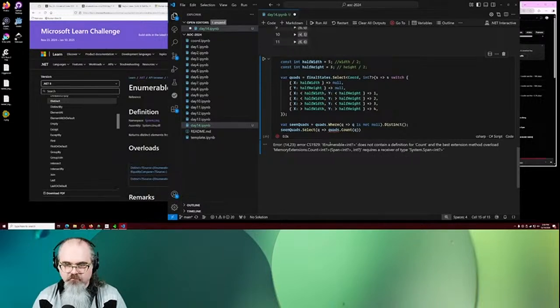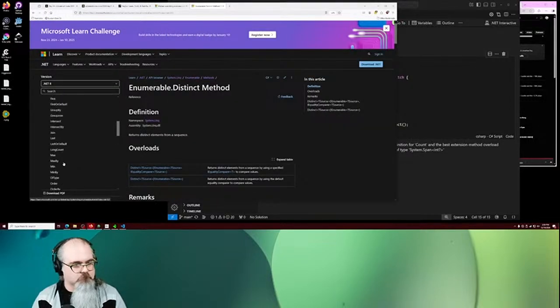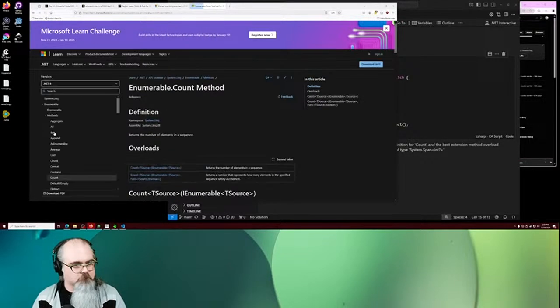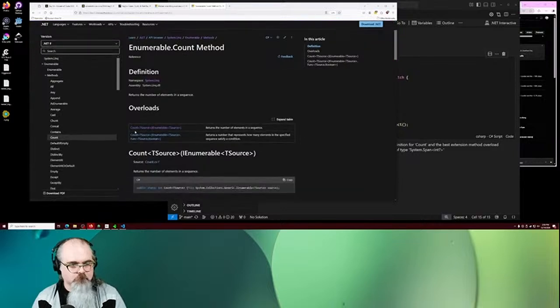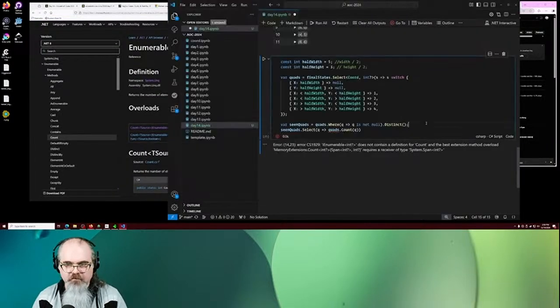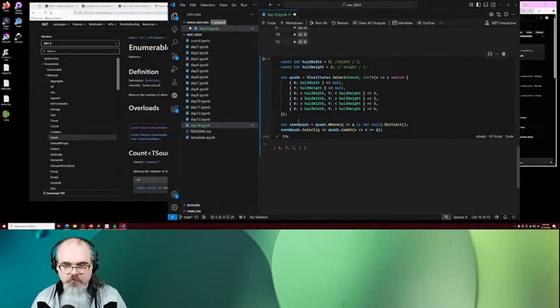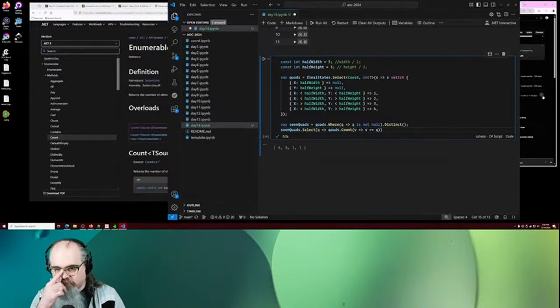Does not contain a definition for count in the best extension method. Count requires a, yeah. Oh, that's specify that satisfy a boolean. Okay. Quads dot count. How about now? Great. 4311, and then what we just need to do is we need to say